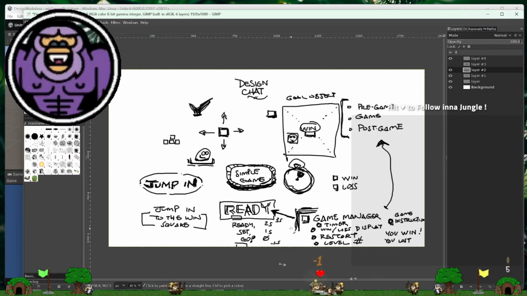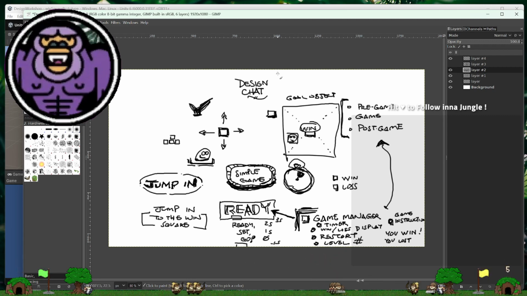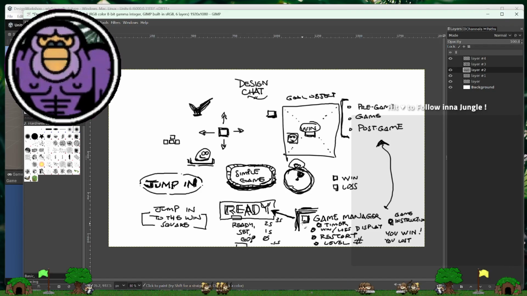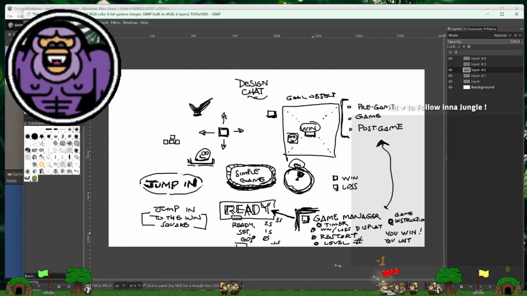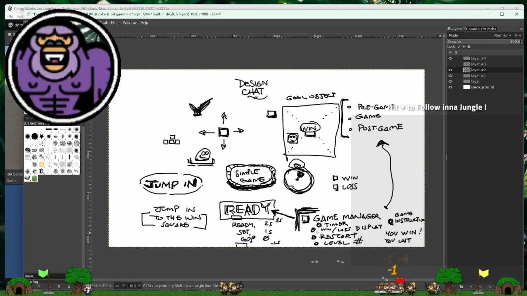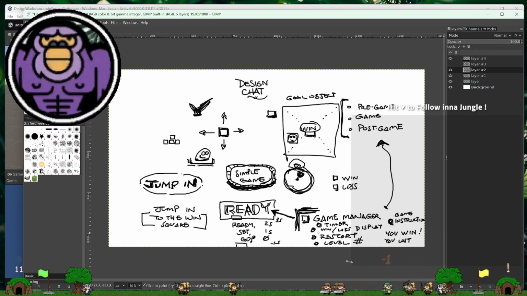The game manager can rely on the player stuff doing what the player does, and the win square doing what the win square needs. The game manager will do its job, which includes ready, set, go. It includes saying you win. It includes restarting the level if they lost, and going on to the next level if they win. Nice, yeah?